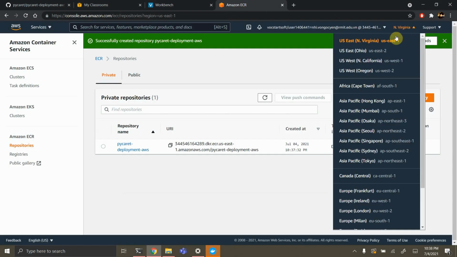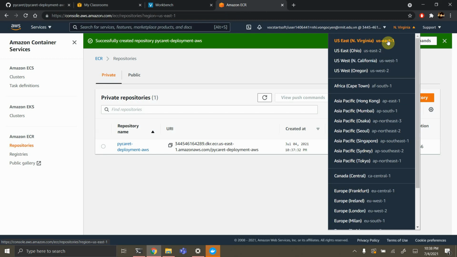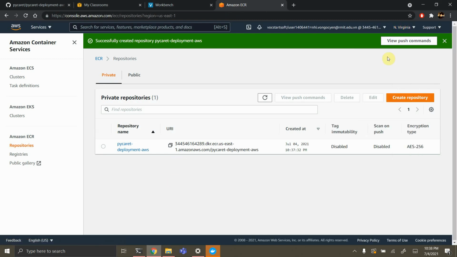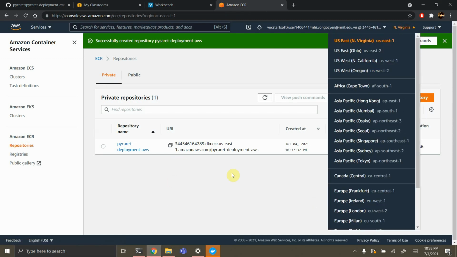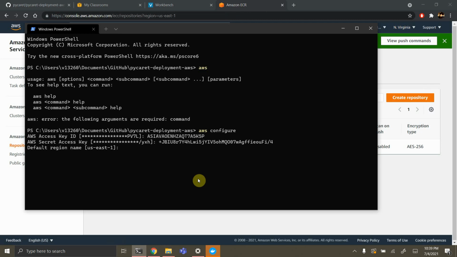So if you are North Virginia, your region is us-east-1. I think by default you get us-east-1, but if you got a different region, try to use that region. Default output format will be JSON. Okay, so this is just the basic setup if you have the normal IAM,